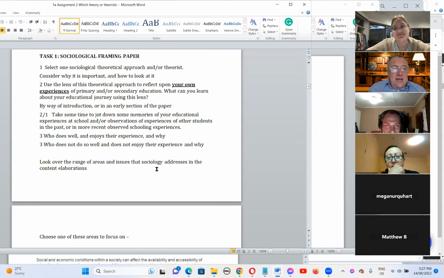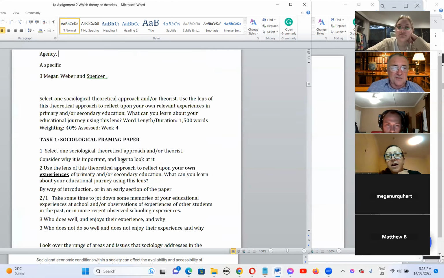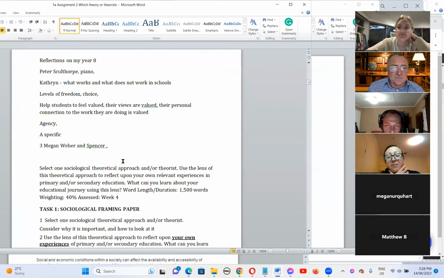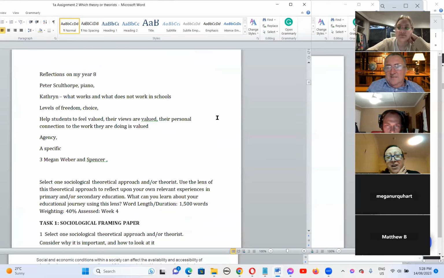And so task one, your sociological framing paper, really helps you to think more deeply there about the classes you're in. Nicole, what have been your experiences about classes, observing children, observing what's happening in schools? What are your thoughts? I've been particularly thinking about the structural functionalism approach,